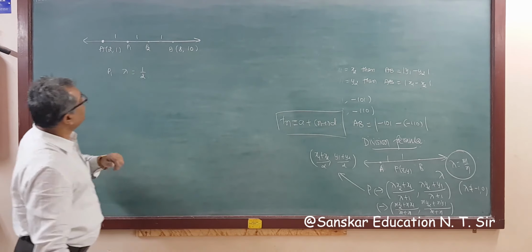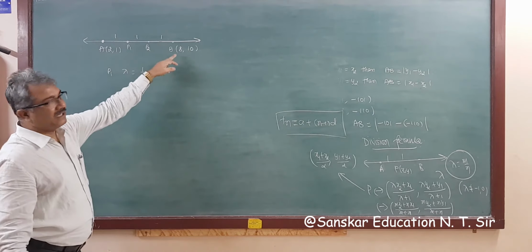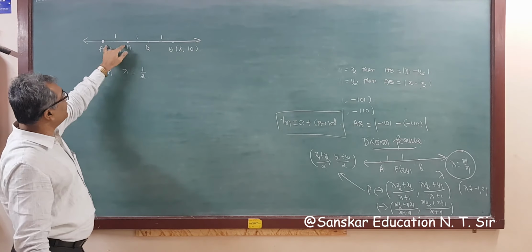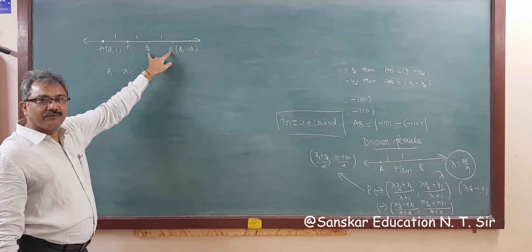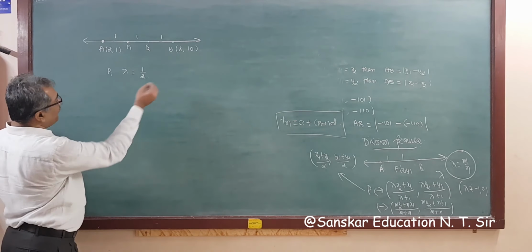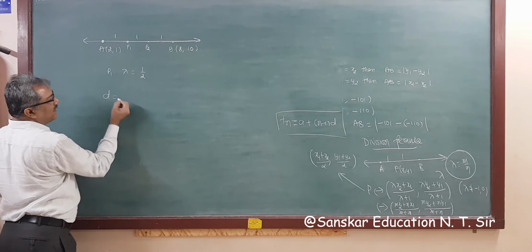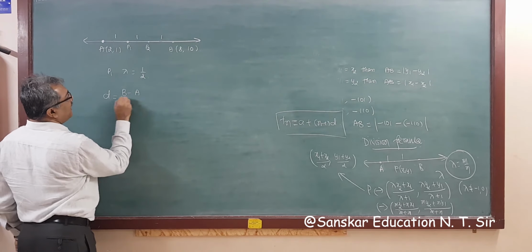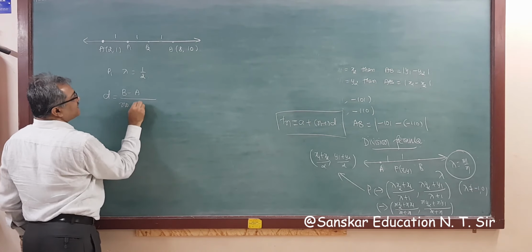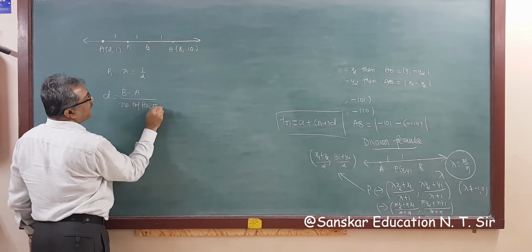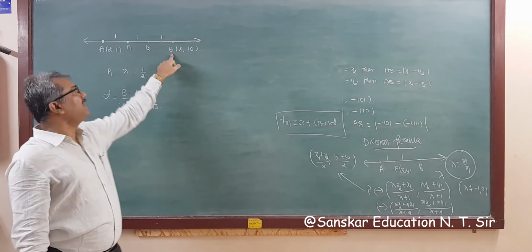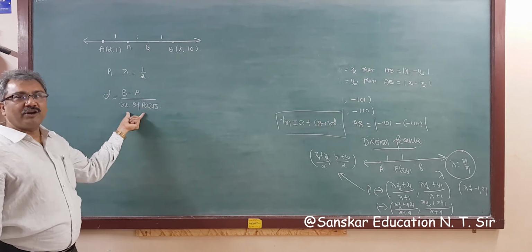सो इसका अप्लाई करेंगे तो क्या होगा? ये ऑल पॉइंट्स आर इन एपी बिकॉज़ डिफरेंस इज 1, डिफरेंस इज 1, डिफरेंस इज 1. तो क्या करना है आपको? पहले d चाहिए, तो आपको d निकालना है. d कैसे निकालना है? तो ऐसे लिखना है b minus a upon number of parts. d is equal to b minus a upon number of parts.